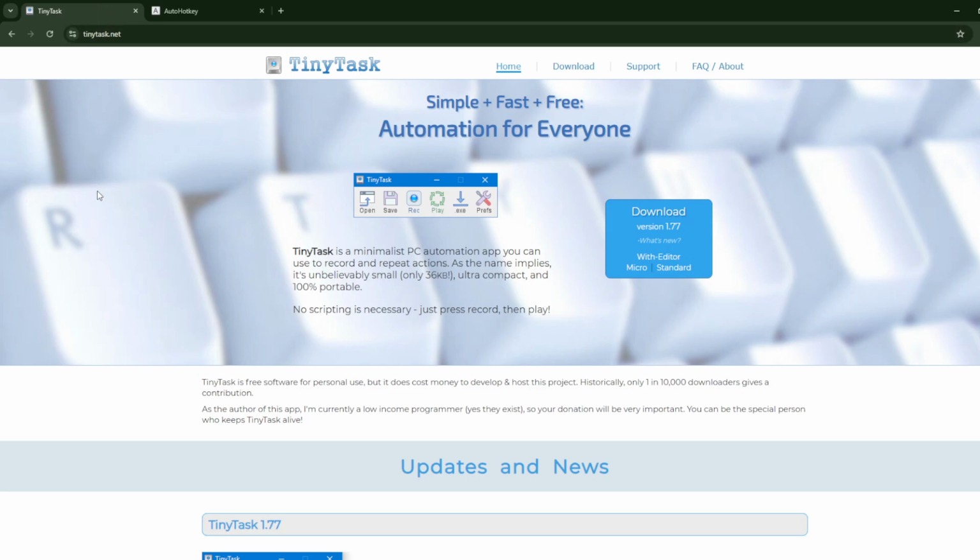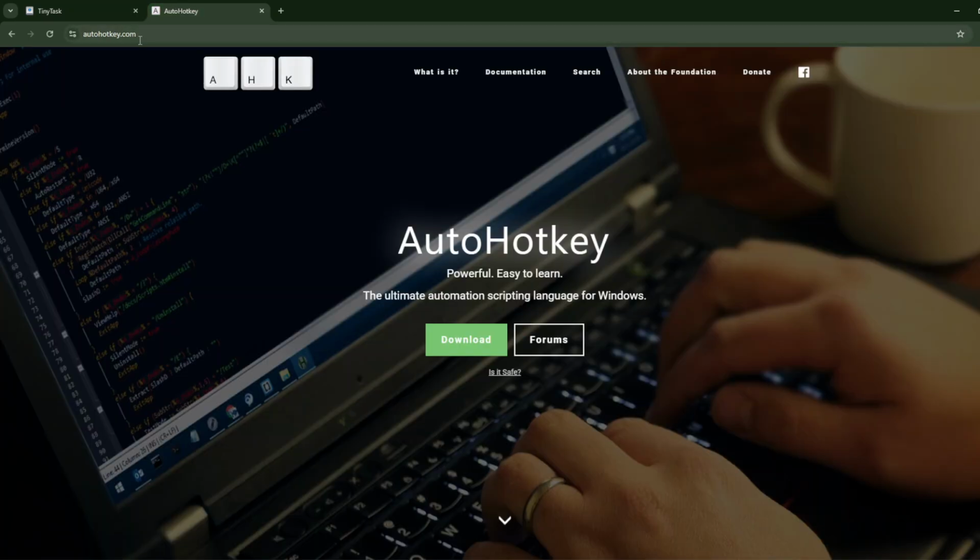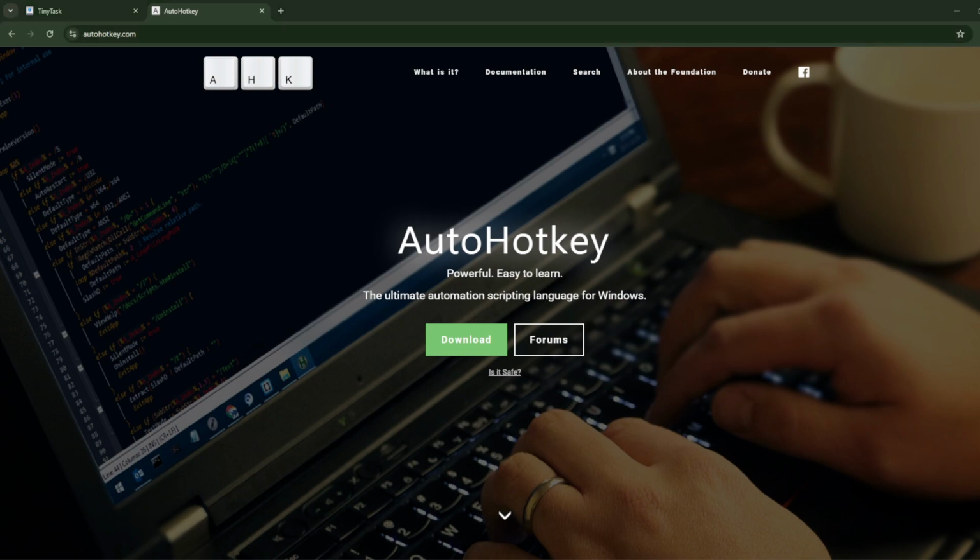You should choose Tinytask for basic automation with no coding, and choose Autohotkey for advanced, customizable automation with full control. And that is basically it. That is the difference between